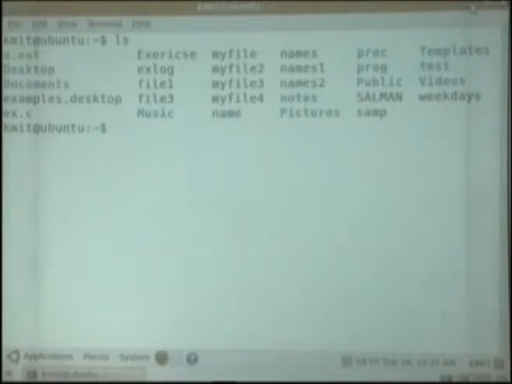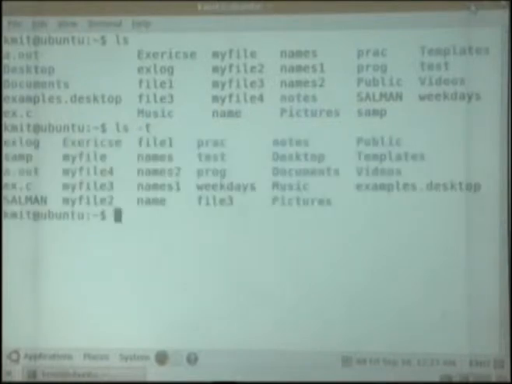How can we recall the last modified file? For that we have a command called ls with option T. This will give us a list of all files in the order of last modification.